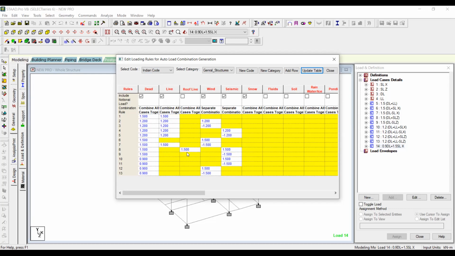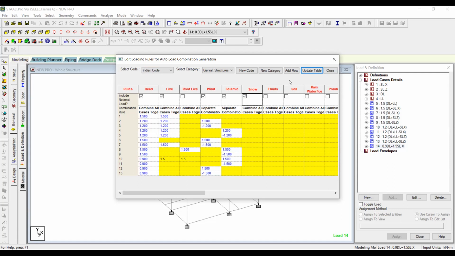Like for example, now I don't want this snow load, so I will just switch that off, and I'm going to type it as 1.5. Then I'm going to click back this again, and I'll type it as 1.5. Now, doing this without updating the table, if you click somewhere else and directly click close by mistake, this snow load will be checked by mistake also.